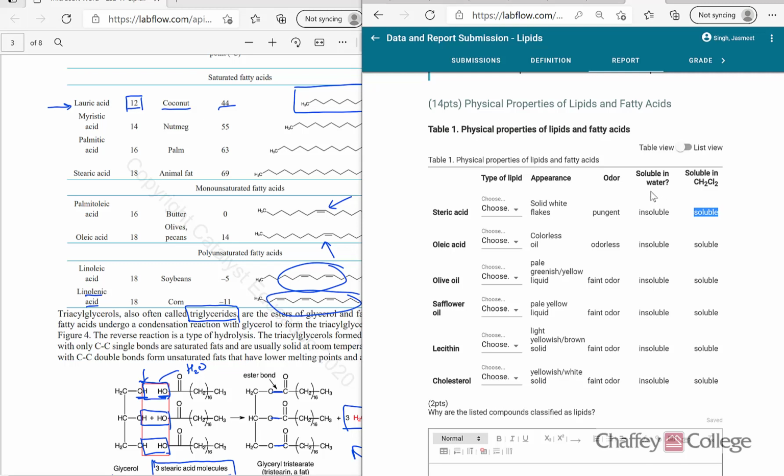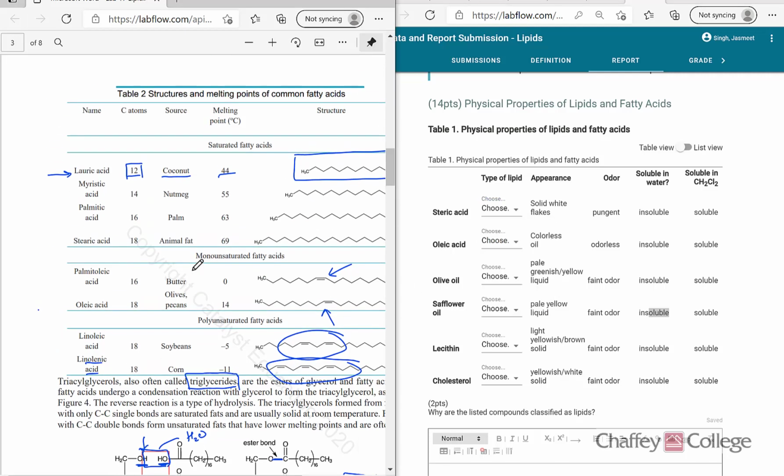Remember, lipids are those which are soluble in organic liquids, and they are insoluble in water. As you can see, all of these are insoluble in water, so they are all classified as lipids. But now we need to know under what category these lipids fall. For example, for stearic acid, we have to choose whether it is a fatty acid, triacylglycerol, steroid, or glycerophospholipid. The answer can be found